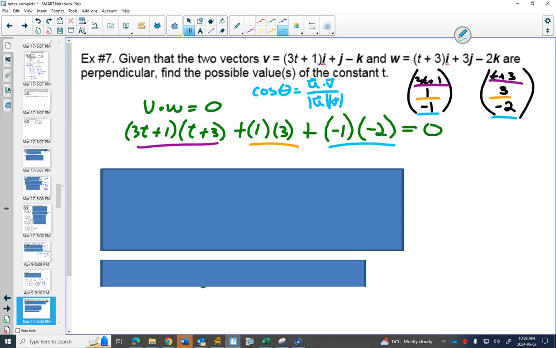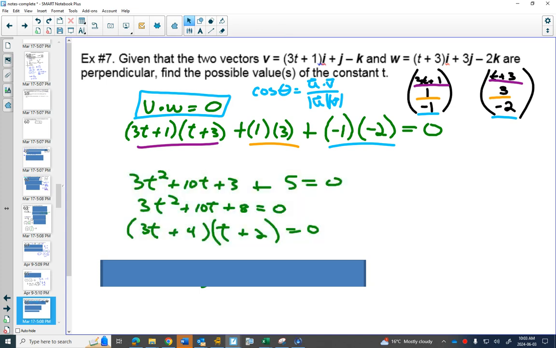And it will do the same thing as telling you that the dot product has to equal 0. So once we set that up, now it's just a matter of solving for t, combine your like terms, factors nicely,